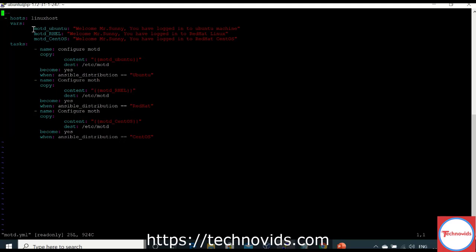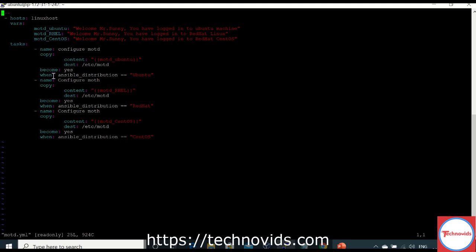Now if I want to call this variable in my task, I will use double quotes, and within that I'll use double curly braces. That is how we call the variable. My gist here is to show you how to use conditional statements. The conditional statement that we write in Ansible, we use when to write it.